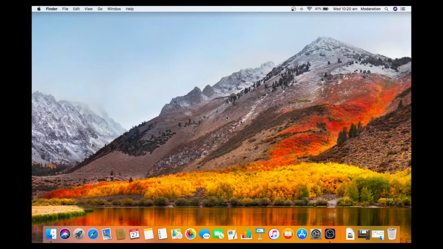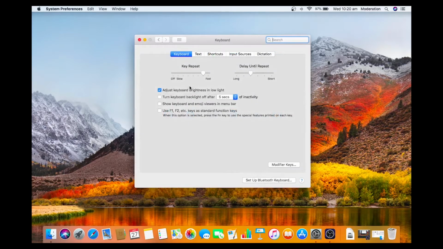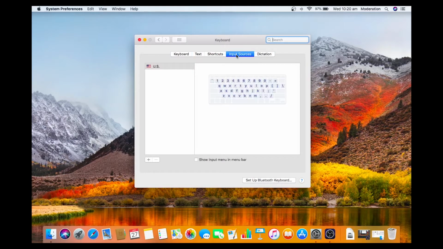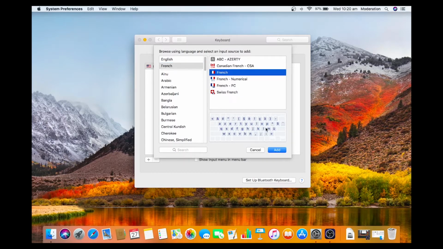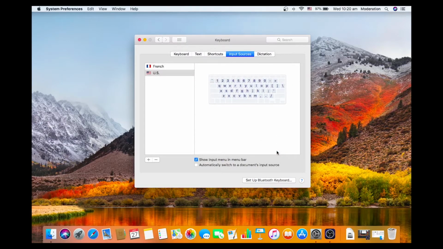To add the US International or a country of origin language keyboard, open the Apple menu, select System Preferences, click on the keyboard option, click Input Sources tab, click on the plus icon. Scroll and either type or select your layout language. On the right hand side, choose the layout you need to add, for example, US International or Country of Origin keyboard. Click Add. The selected language will populate automatically to the left-hand column.